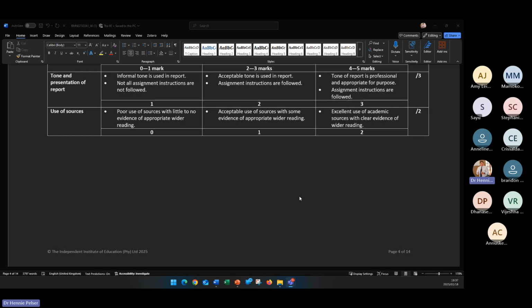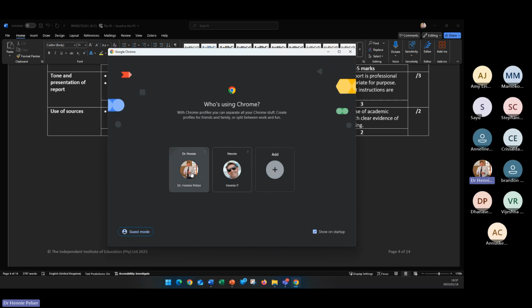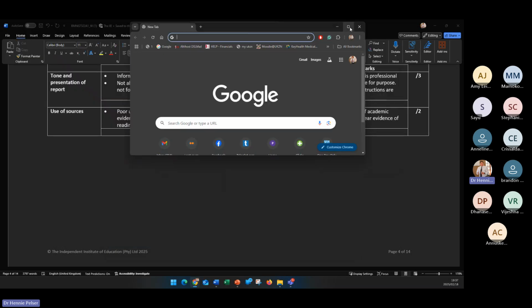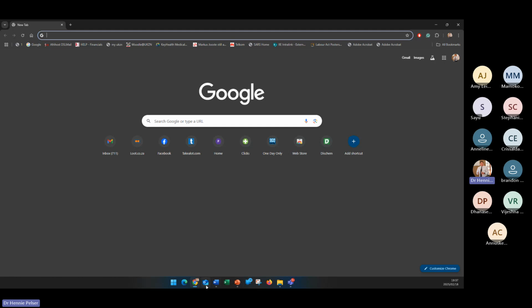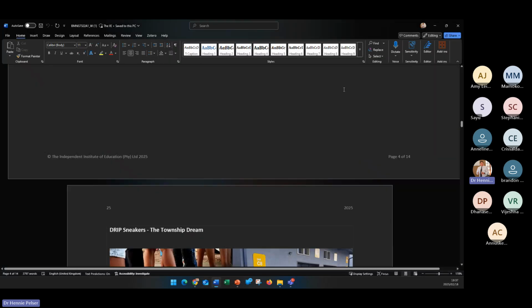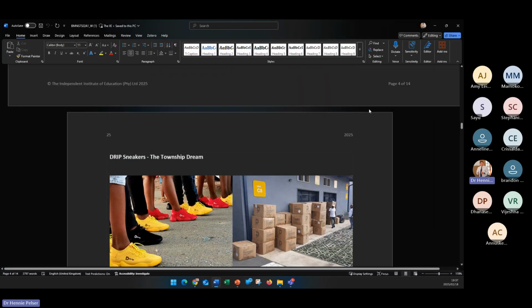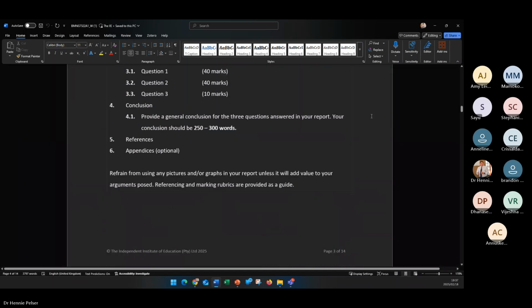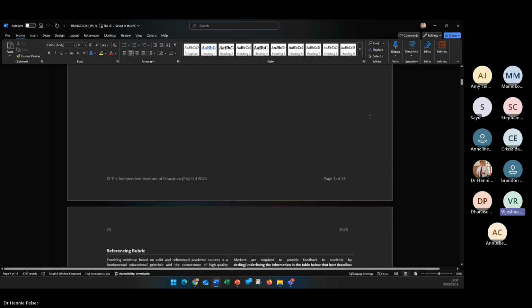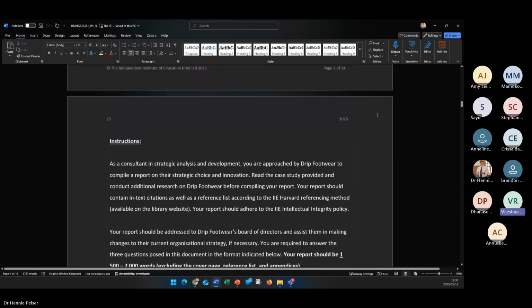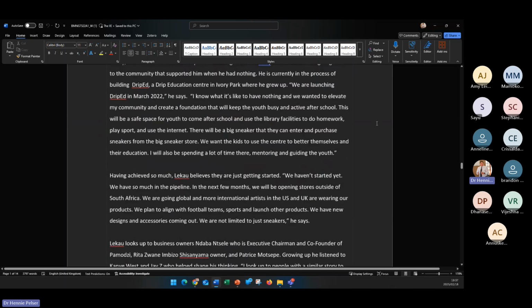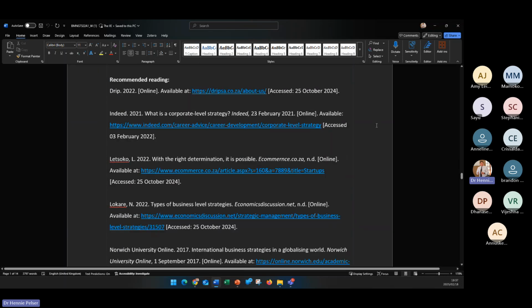And then also another way of doing it, and I'm sure most of you have done it this way. I'm doing this once, I'm not doing it again. What also does help, and I just need to quickly open the assignment again. Let's just look at that. Okay. And this is not the first time they've used drip as an assignment.